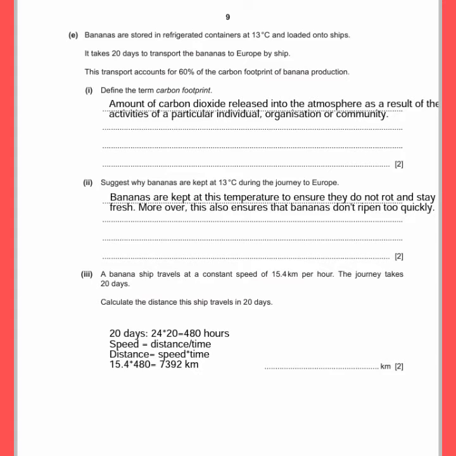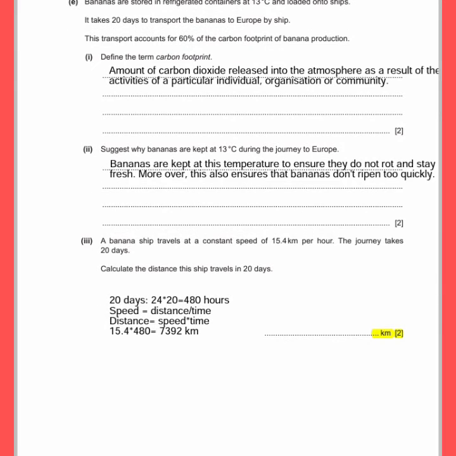Then a banana chip travels at constant speed of 15.4 km per hour. This journey takes 20 days. Okay, so you can already see that we are given speed in 15.4 km per hour, but the time is given in days. So we need to convert days into hours because they're asking you distance in kilometer, right? So your speed is completely fine, but you need to convert your days into hours. We know that one day has 24 hours, so 20 days are going to have 24 into 20, 480